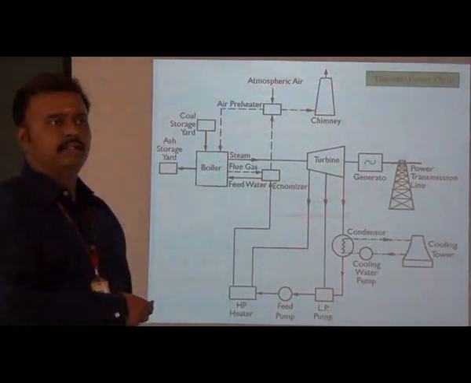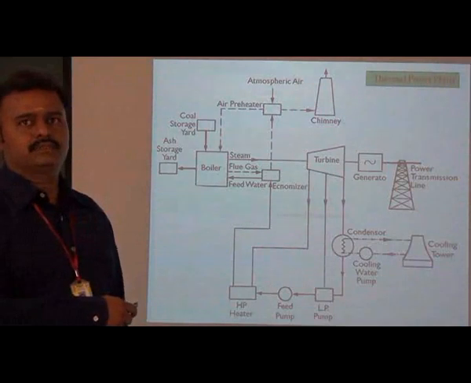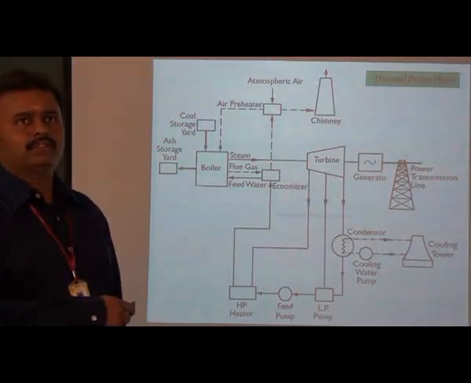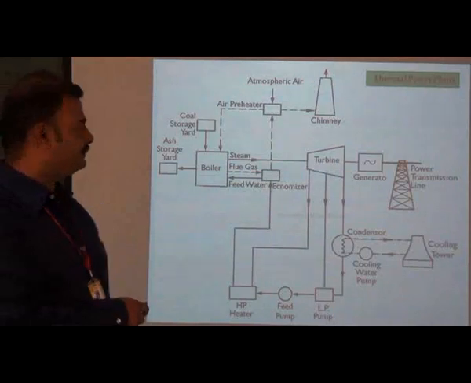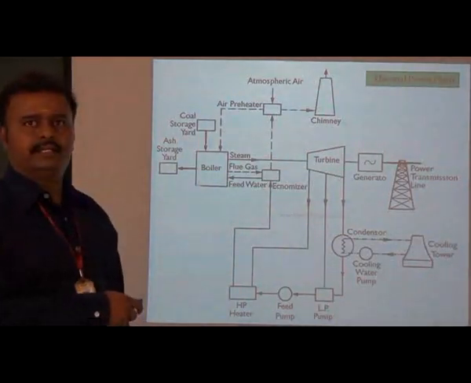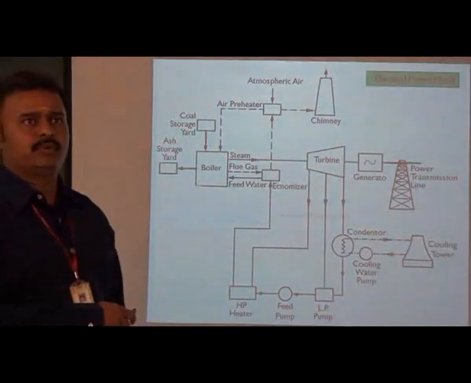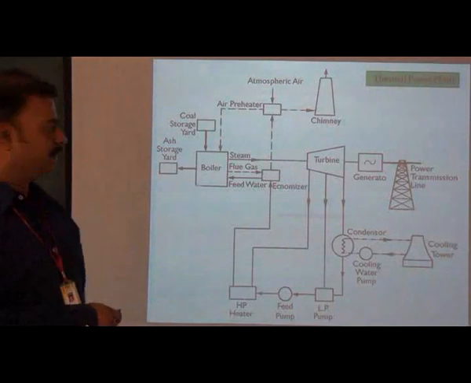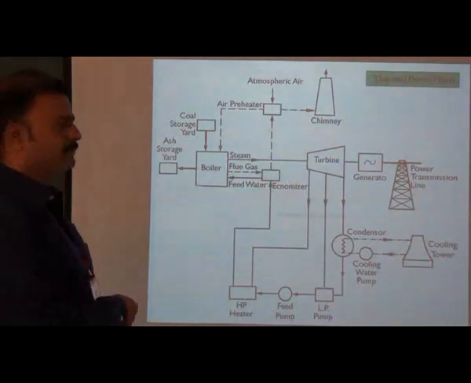So we know that tons and tons of coal are used as fuel for the thermal power plant. So we want to continuously supply the coal. And the output is the ash. 40% ash is available in Indian coal. So however much coal we are using, that much ash will be produced from the boiler.